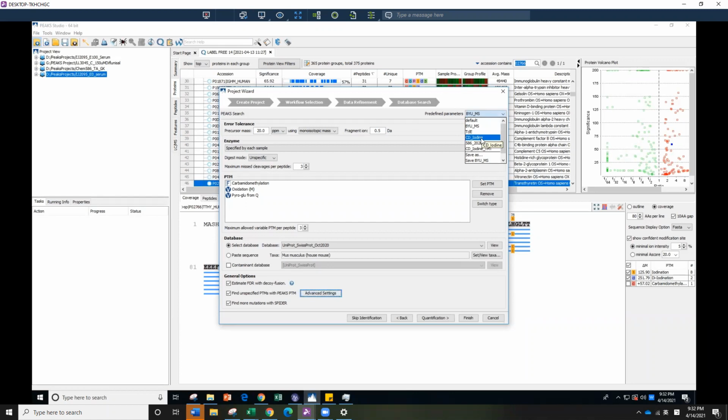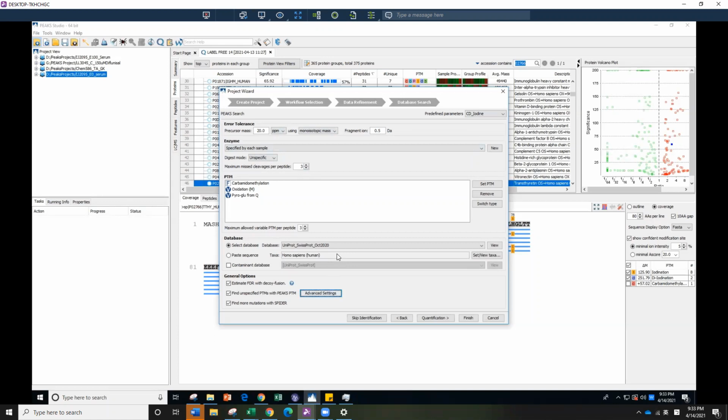It might be named something like folding iodine, but you can find something iodine there. That is our predefined analysis for a peak, and that saves you a lot of time. So everything is the same: 20 ppm, 0.5 delta, unspecific, 3 miscleavage. But for most of our folding work right now, the default organism is human because we're working